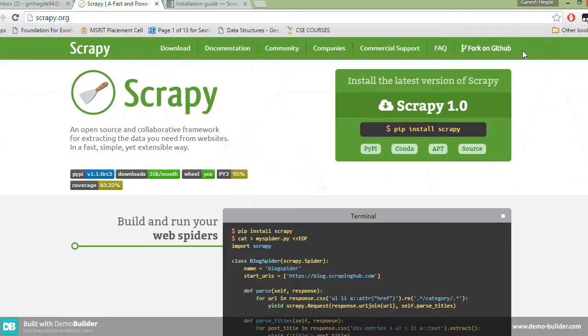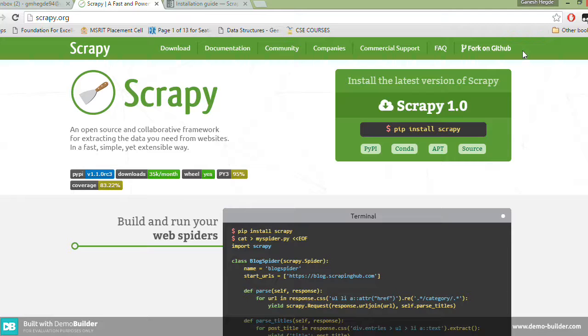Before going to explain about the Scrapy and why I choose the Scrapy, now I want to explain something about the crawler, like web crawler. A web crawler is an internet bot which systematically browses the World Wide Web, typically for the purpose of web indexing. What is bot? Internet bot is also known as a web robot or a WWW robot. It is a software application that runs automated tasks like scripts over the internet, and typically the bot performs the tasks that are both simple and structurally repetitive at much higher rate than a human alone.